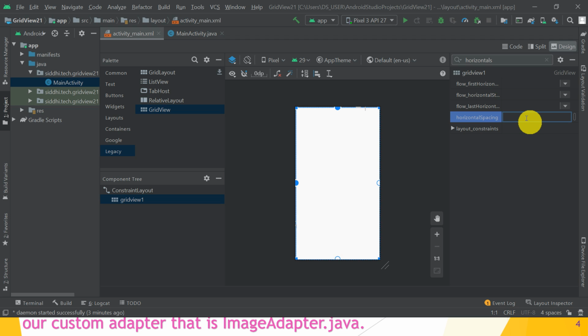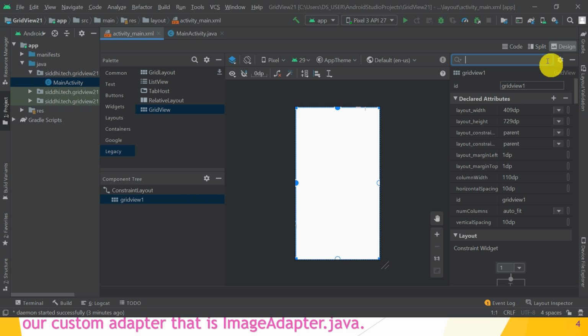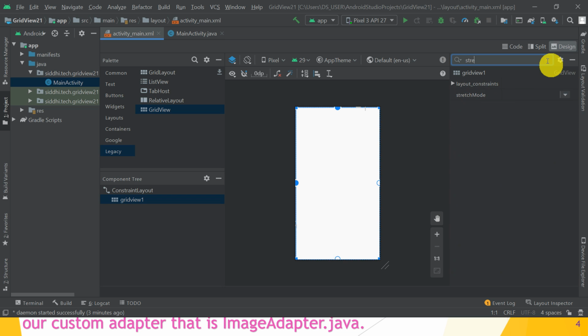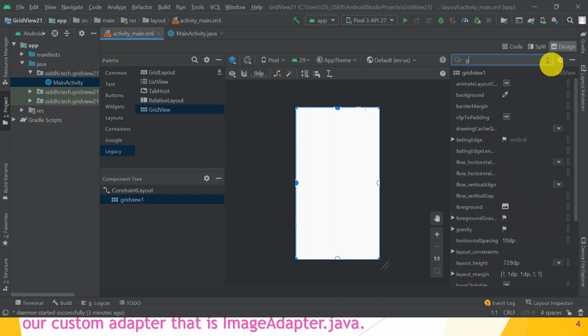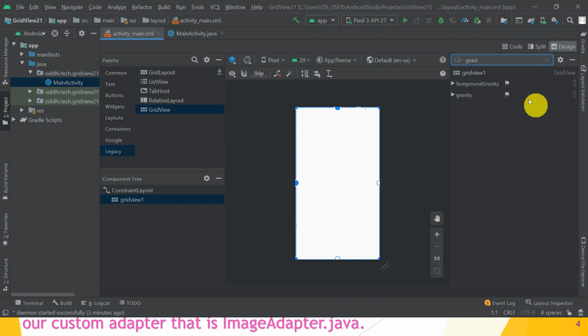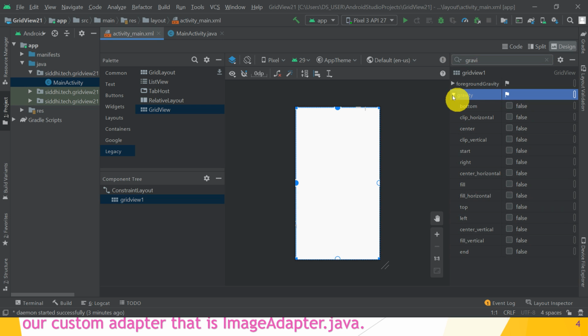Horizontal spacing is also 10 dp. Great. After that, stretch mode. So what is the stretch mode property? We have set it as columnWidth. So choose columnWidth as the stretchMode property. And the last one is the gravity. So expand this gravity and set the gravity for the grid view as center.